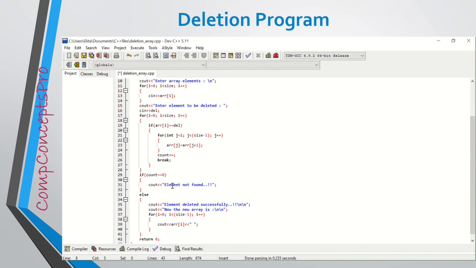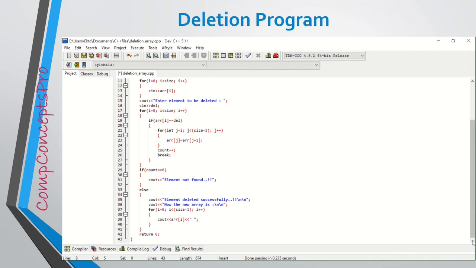That means we did not find the element in the array. So after printing this message, the program should end here. Otherwise, after deleting the element, this statement should be printed on the screen, and we can print the resultant array on the screen with the help of this for loop.